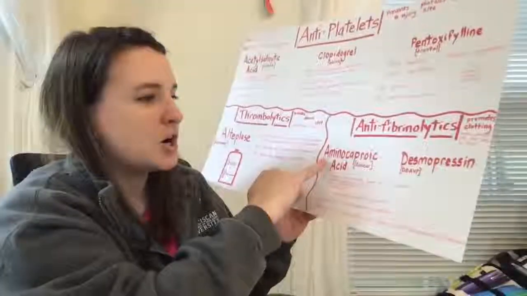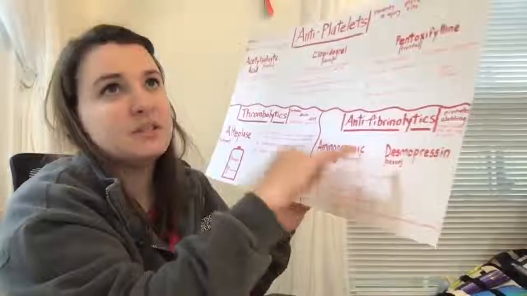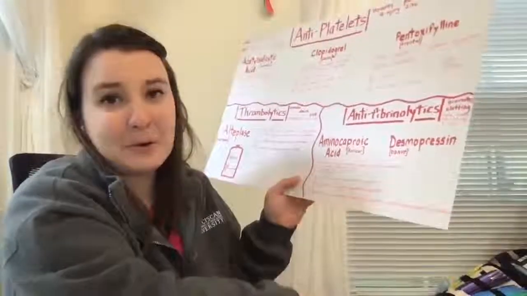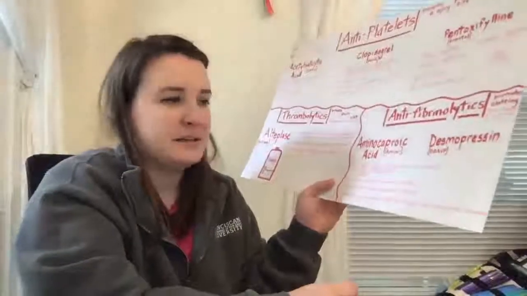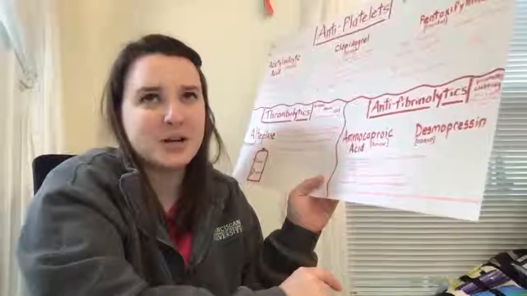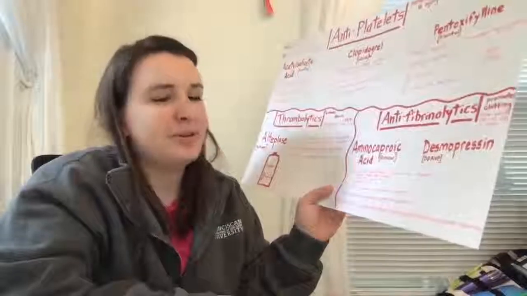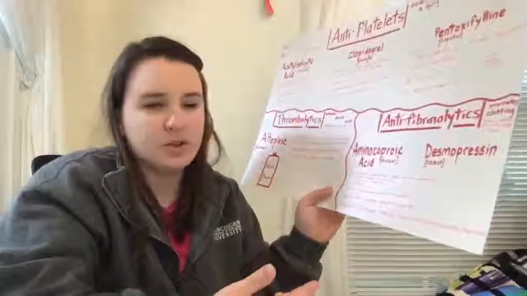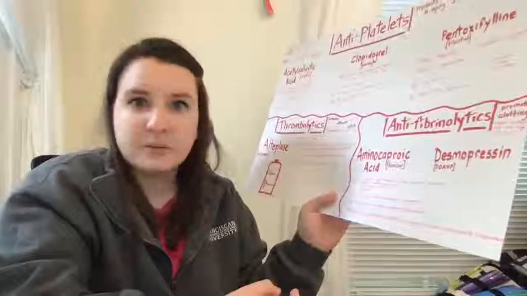So the two drugs are aminocaproic acid, which is Amicar, and desmopressin, which is DDAVP. I have no clue what DDAVP stands for. We've talked about it in a previous chapter, but I don't remember off the top of my head. I just remember that those are the two antifibrinolytic drugs. These drugs can be used for systemic hyperfibrinolysis, which is an overall too much coagulation in the body, excessive bleeding from surgery, oozing from a surgical site,